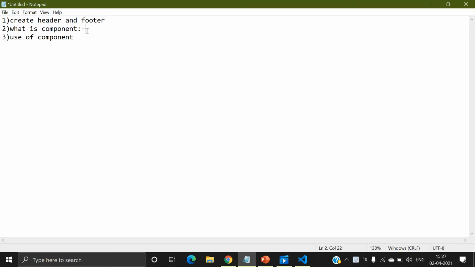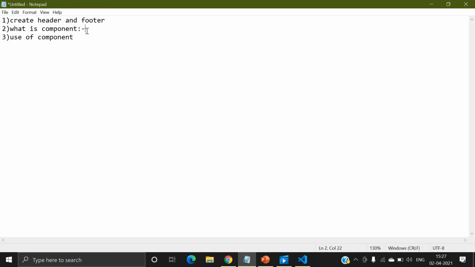First of all, component is just like a function that is used for code reusability, right? If I talk about any other framework like React, React is also based on component.